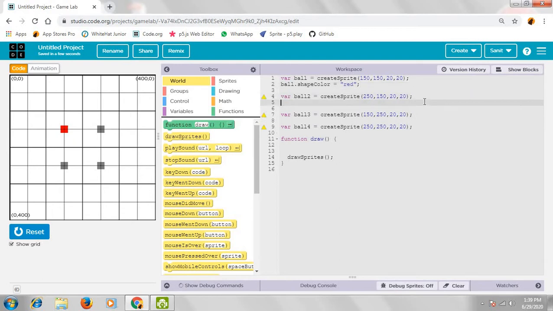So ball2 dot shapeColor, I will give it blue.